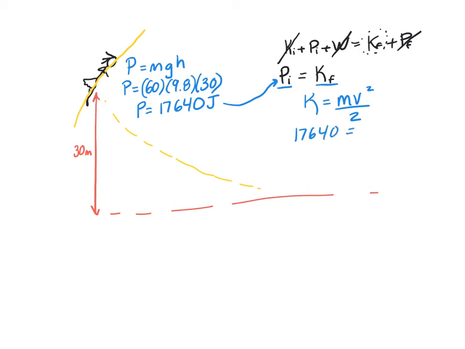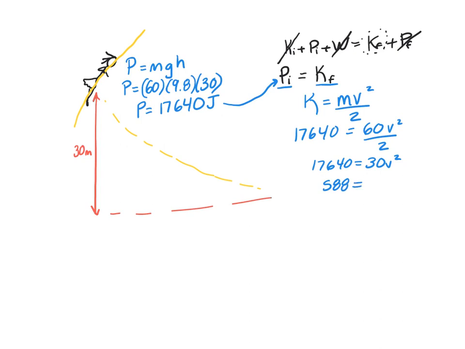17640 equals, our mass was 60, v squared divided by 2. So let's see, I'm going to do 60 divided by 2 is 30. Okay. And I'm just going to divide. So I'm taking 17640 divided by 30. And we get, running out of room here, let me, some space here. Okay, so we get